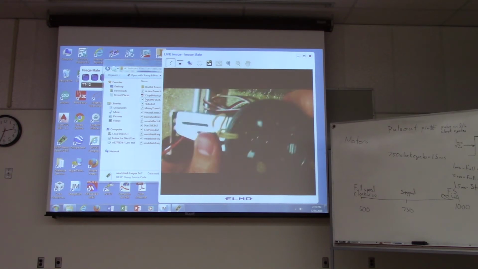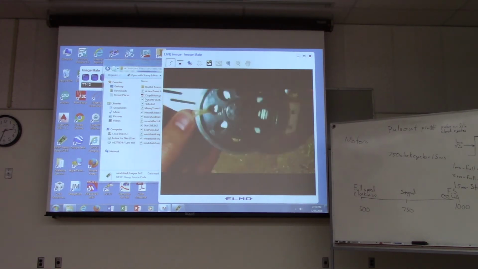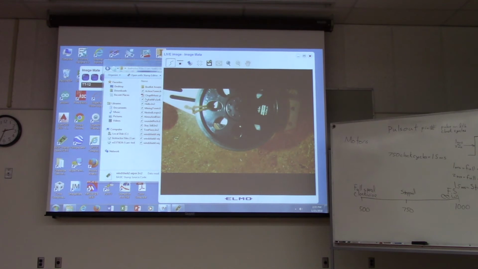So when we run the program, the motor goes almost an entire rotation right now. So you are going to have to change the program around and fix it so that the motor only goes 180 degrees back and forth. Okay? So you guys will have to play around with that. Remember,